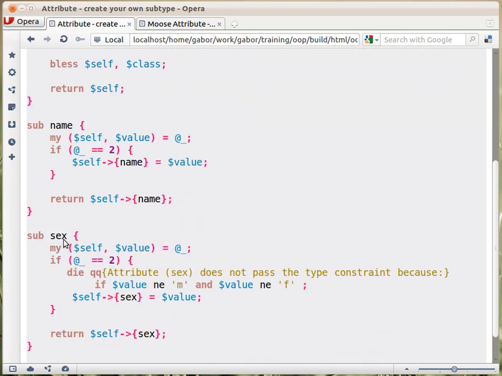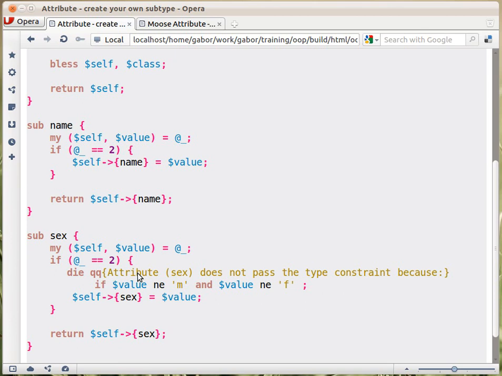So we added another attribute, sex, which was a getter and a setter. Again, here we are using the same word as the key for the hash. And then we didn't really implement any subtype or anything that reusable, and that's the key part of it. So the only thing we did is that we had the exception. Now, before throwing the exception, we check whether the given value is M or F. And if it's neither of them, then we throw the exception. So this is how we implement the requirement to pass the test that was created to check the other implementation,